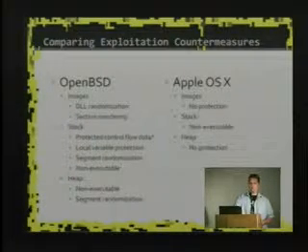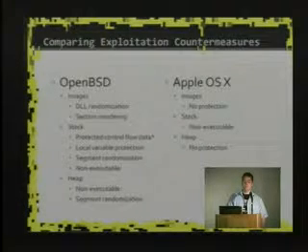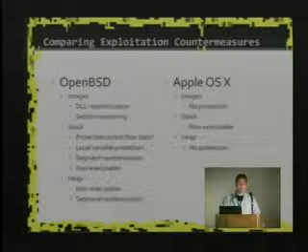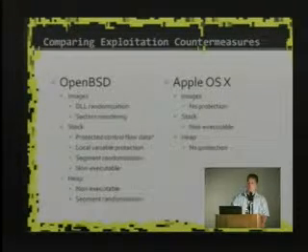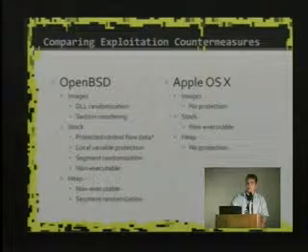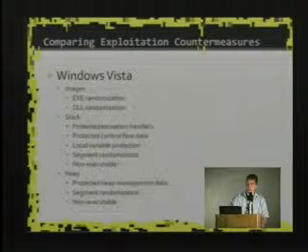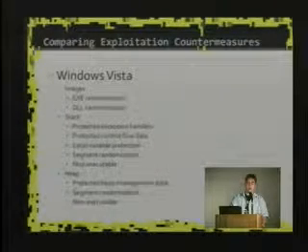OpenBSD has their own implementations of the randomization and non-executable pages as well. They also do some local variable protection with their compilers, and section reordering and DLL randomization as well. OS X notably does not have most of these features. They do support a non-executable stack, and Windows has many of the same features, a couple of extras that are